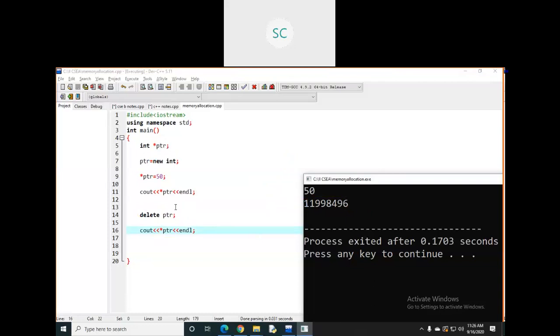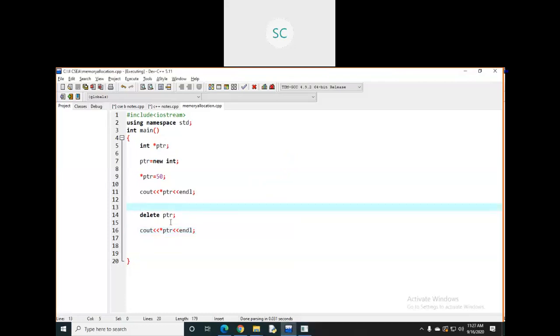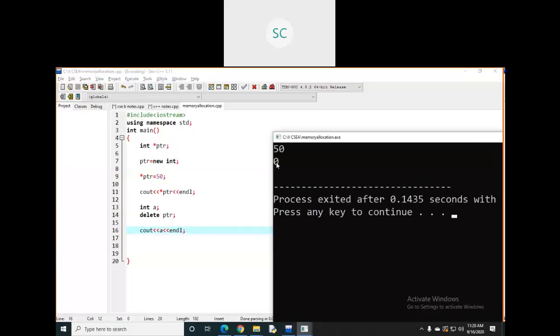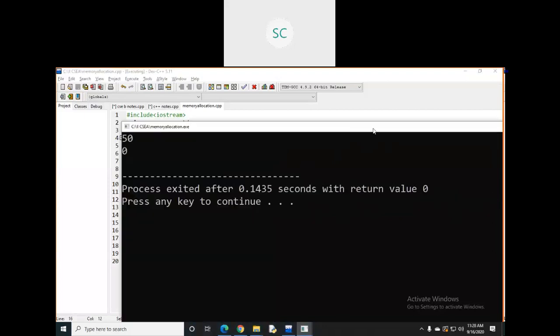Suppose I print some int a here, let's see what it will print. Some zero, right? It is printing some zero. That random number is just like some address only.